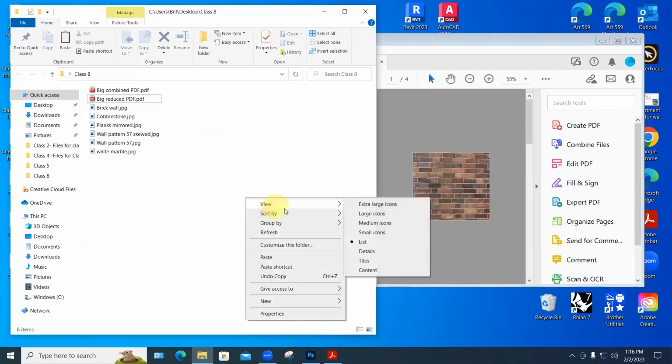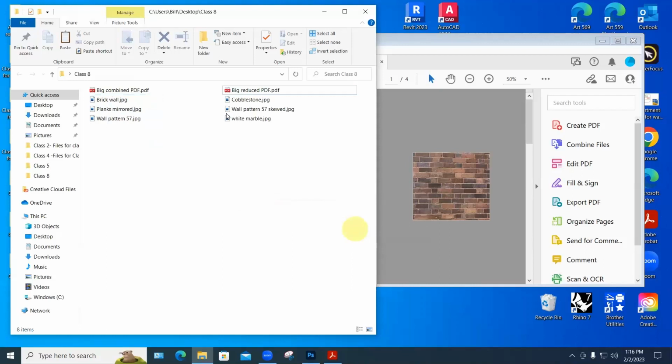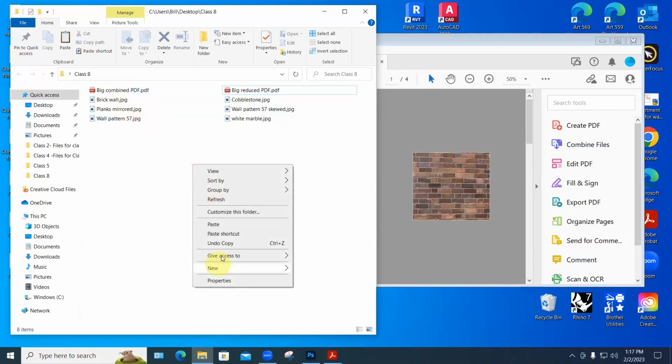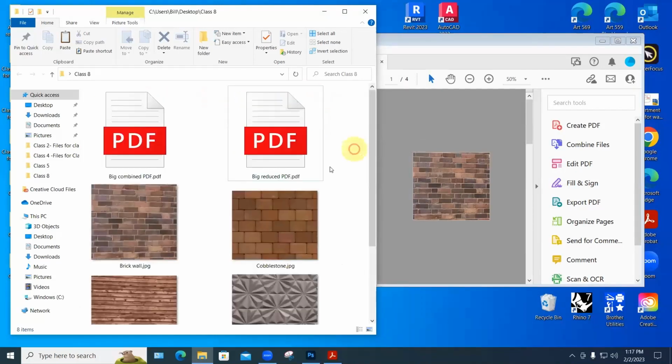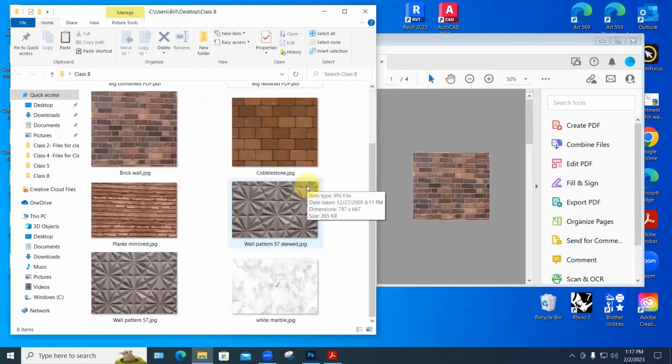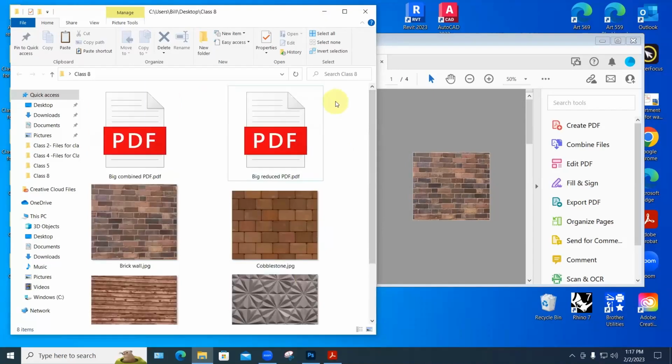View small icons. That just tells you it's an image and a PDF. I find that one to be useless. View medium icons at least gets a little preview of it. At least you know which they are, and view extra large icons are useful. But if you've got 50 files, you've got to scroll them down. With all those,